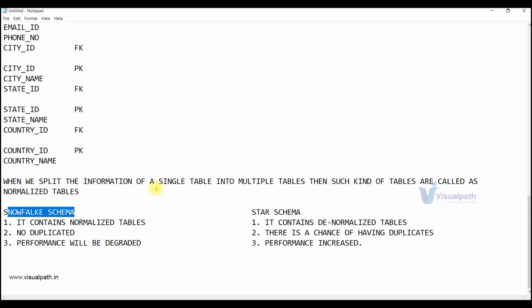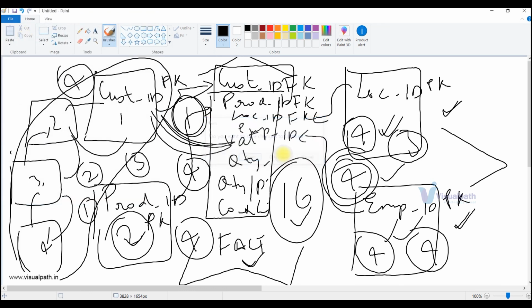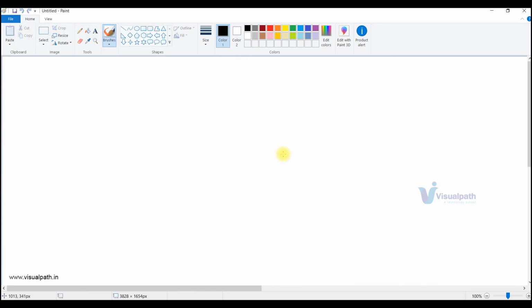So next, we are left with one more, that is nothing but your galaxy schema or your fact constellation schema. Till now we saw that only one fact table sits in the middle and is surrounded by multiple dimension tables. Now suppose I have multiple fact tables like